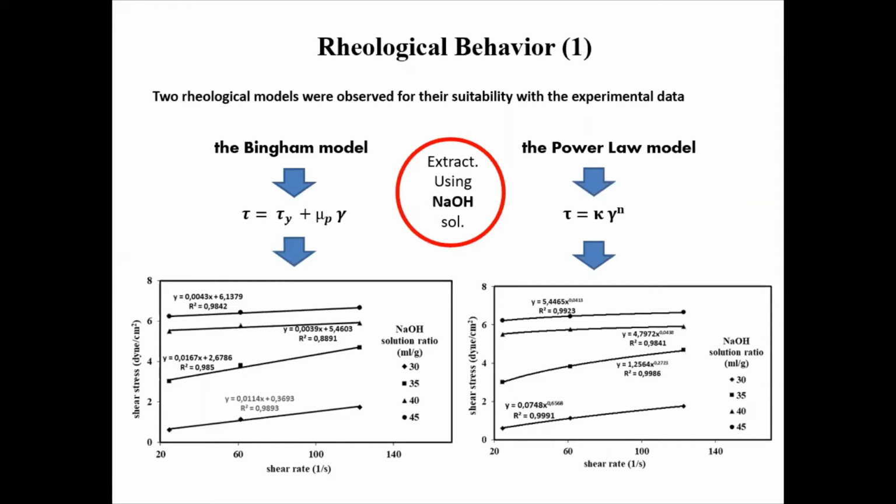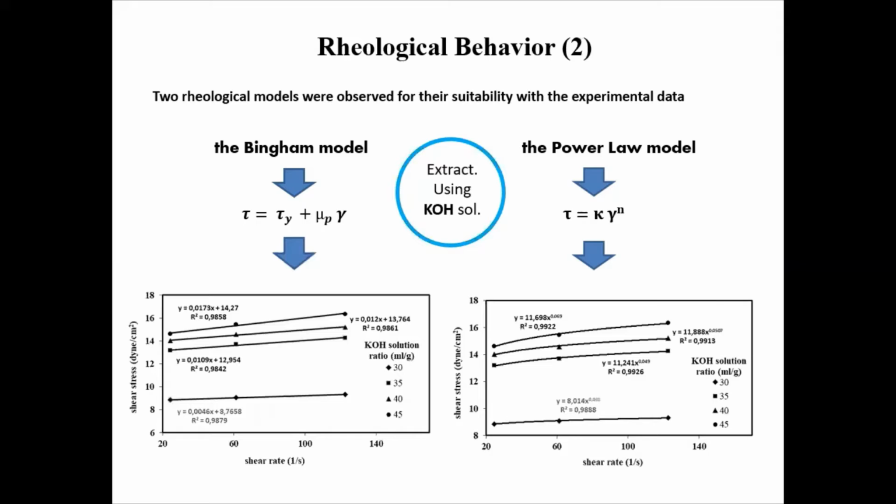The rheological behavior of the carrageenan is represented as the correlation between shear stress and shear rate, as shown in the picture. This result indicated that carrageenan extracted using potassium hydroxide solution produces higher shear stress than carrageenan extracted using sodium hydroxide solution. This implies that the extraction with potassium hydroxide solution produces a more viscous carrageenan solution than those extracted using sodium